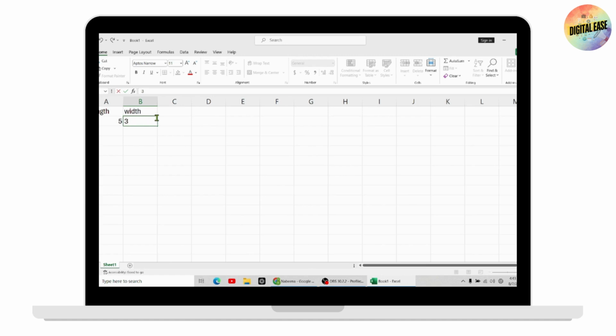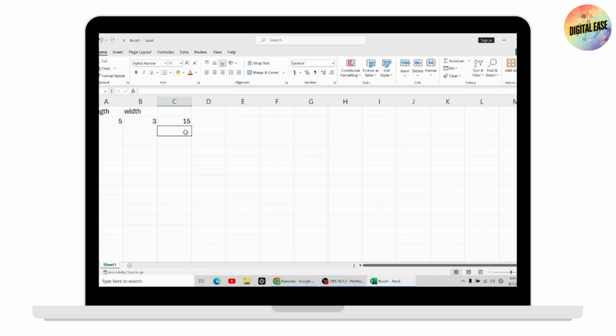And write your formula into the separate cell where you want the result to appear. Use cell references to refer to the label cells containing the variables. For example, to calculate the area of the rectangle, you can write the formula as A2 multiplied by B2 in the cell C2. And once you enter, you just need to hit the enter on your keyboard, and here you